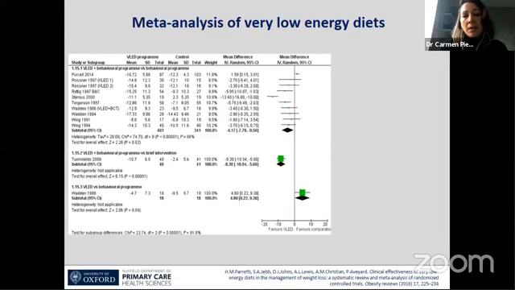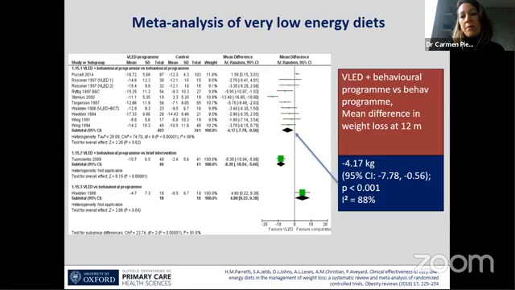And finally, this is a meta-analysis of very low energy diets. So these are typically diets that require people eating less than 800 calories per day, usually in liquid form. And these diets have found at 12 months that a very low energy diet plus a behavioral program, compared to just a behavioral program, has been able to achieve an average of 4 kilograms extra weight difference. So as you can see, a commercial weight loss program with